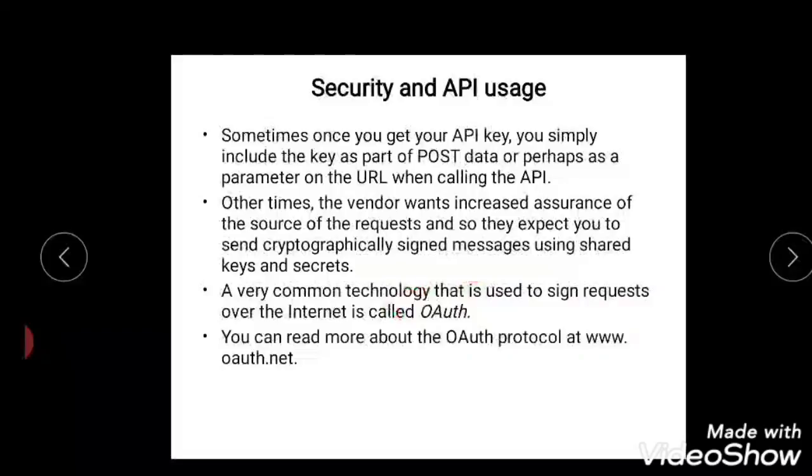So when I do some kind of transaction, if it is a business transaction, it needs security, it needs a proper secure manner where my data should not get hacked by others, or my data should not get stored in any other places, right? So like net banking passwords and credit card, debit card information. So for that we need some kind of security, and here we can use a cryptographically signed message, which is also called digital signatures. In some places you can use digital signatures, and a common technology to sign requests over the internet is called OAuth.